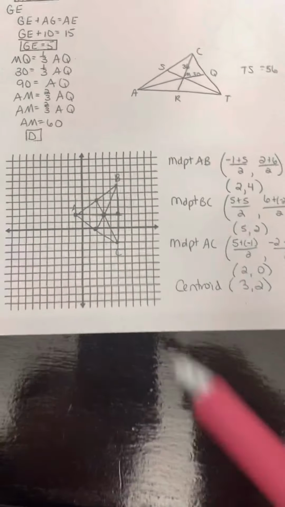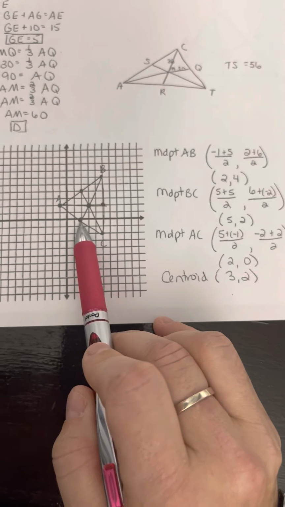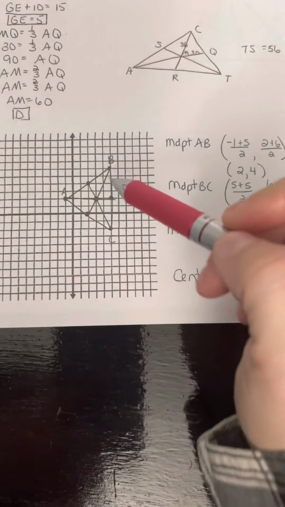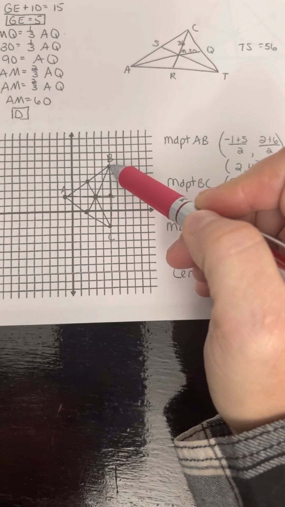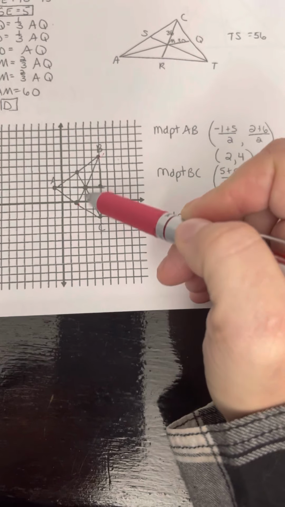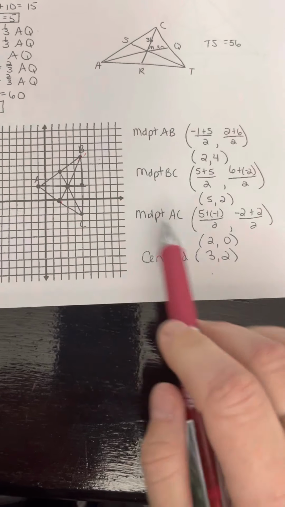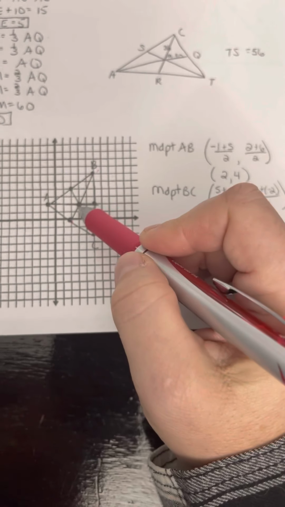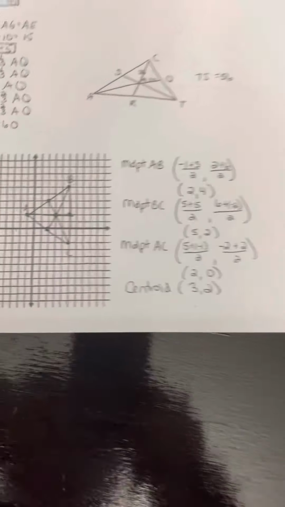So for example, when I calculate the midpoint of AB, I can plot that point, and then I can very simply draw that median. If I know where the vertex is and I know where the midpoint is, I can draw a median pretty easily because we know how to find a midpoint. Then once I draw all 3 of those medians, I can very easily find that centroid point. So number 9,